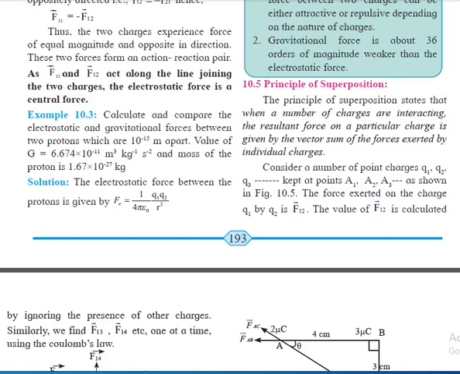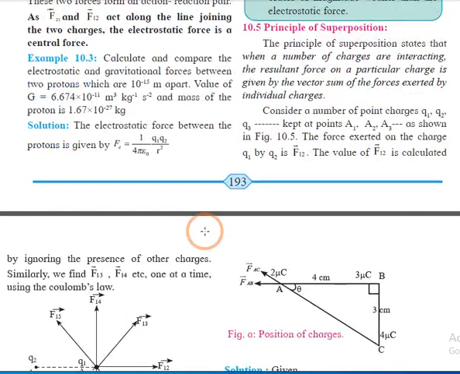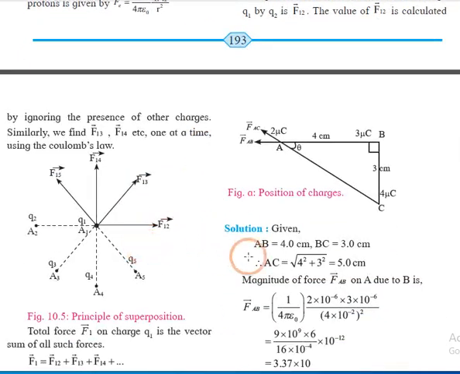So the law states that when a number of charges are interacting, the resultant force on a particular charge is given by the vector sum of forces exerted by individual charges. Here we are going to consider a number of charges, that is Q1, Q2, Q3 up to Qn. We have different points, you can see it over here. We have points A1, A2, A3, A4 and so on. So the force exerted by Q1 on Q2